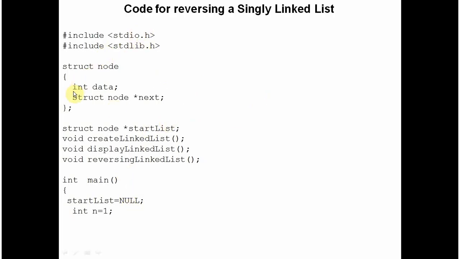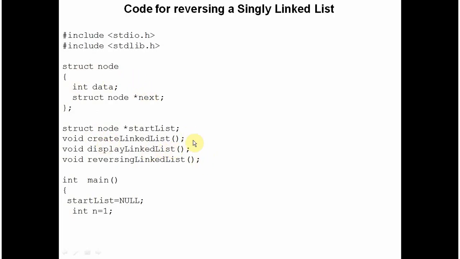Because I assume that my single linked list consists of only integers, I am using one structure in this program called node. In this structure, I have two members. One is an integer, which I'll be using for storing integer data, and second is obviously a pointer. I'm calling it next, and it will point to the structure of type node only.